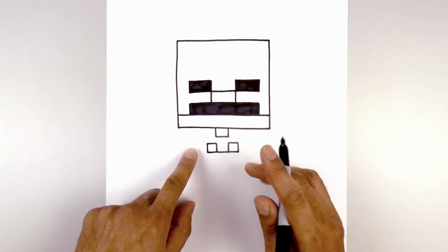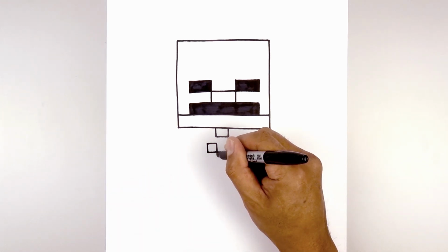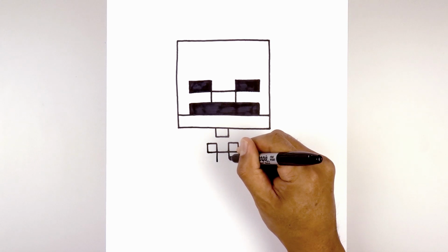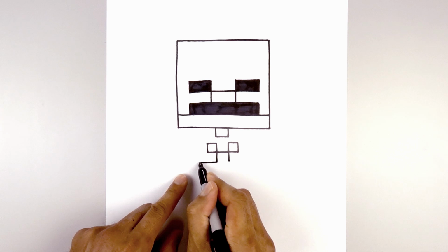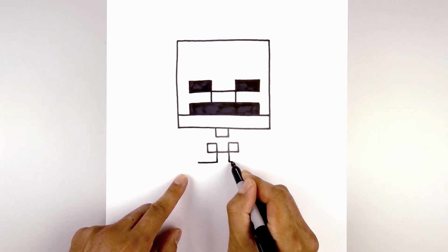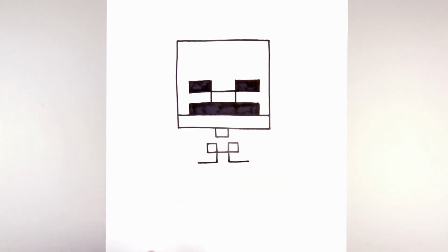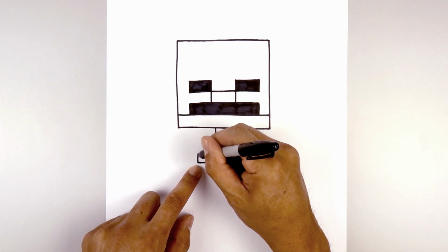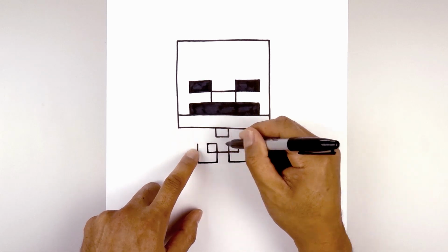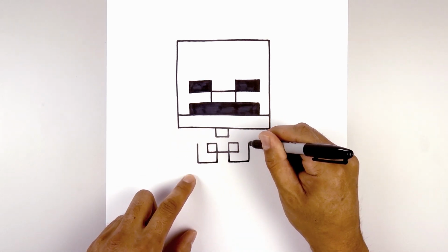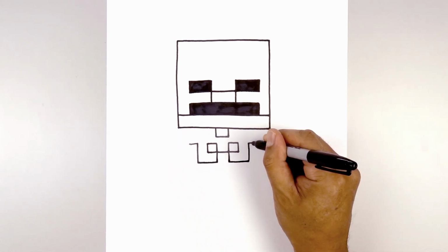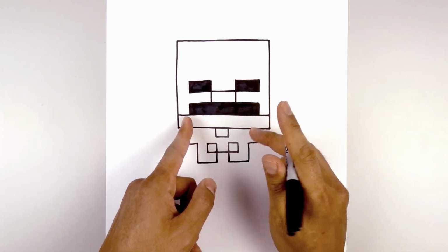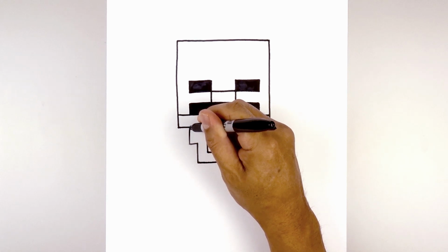Now let's draw on the outside of the rib cage. From this inside point, we'll draw a straight line coming down on both sides. Now we're going to go out. We're going to extend past the inside line. And then from here we're going to go straight up to line up with the top of the square. And then we'll draw a short line going out towards the side, to right about there. And we're going to go all the way up underneath the head.